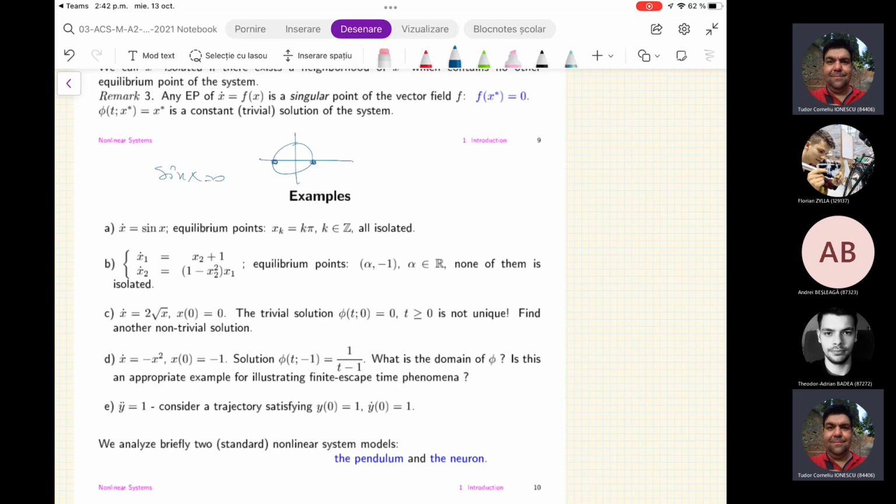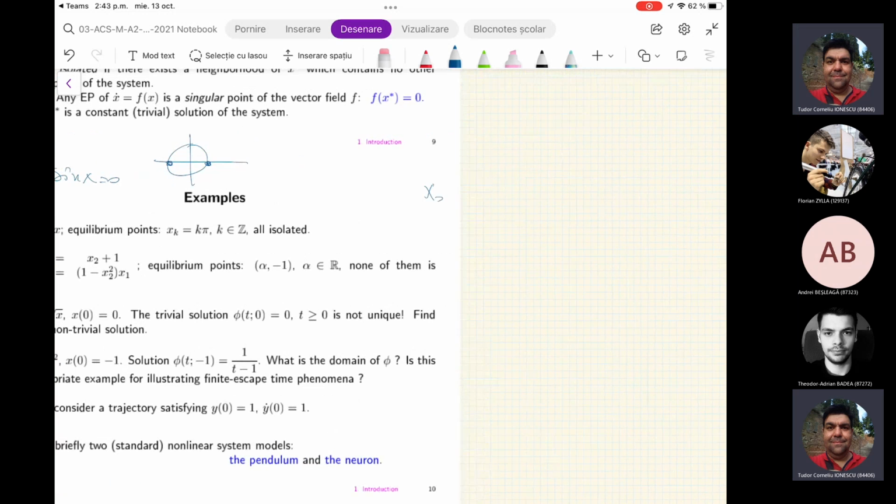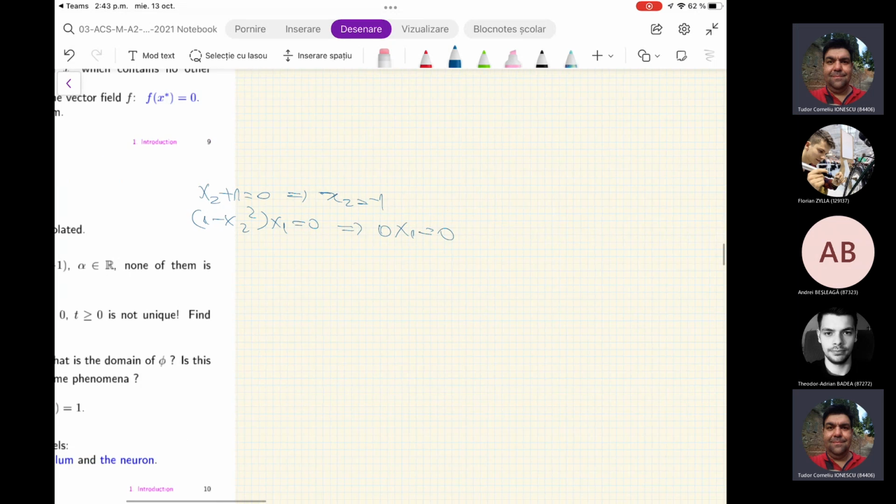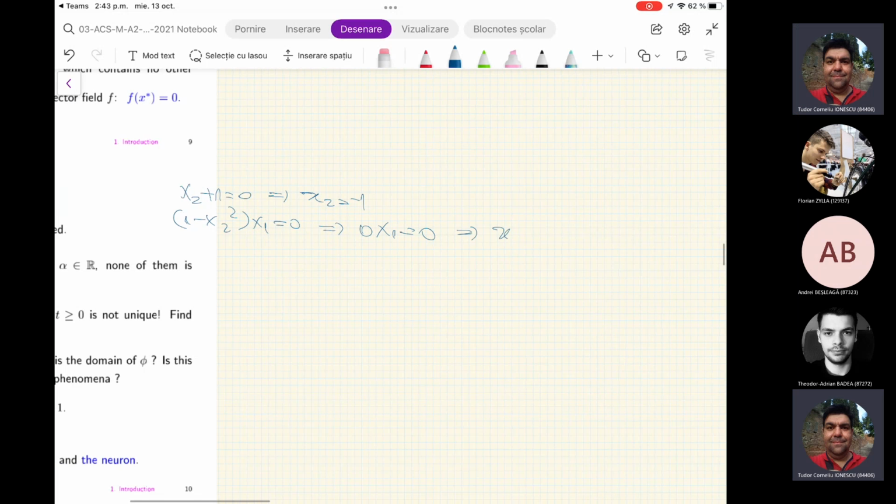The second one: x1 dot is x2 plus 1, x2 dot is 1 minus x2 squared x1. So here we solve the equations. x2 plus 1 equals 0, and 1 minus x2 squared x1 equals 0. From the first equation we get x2 equal to minus 1. And from the second equation we get 0 times x1 equal to 0. So that means that x1